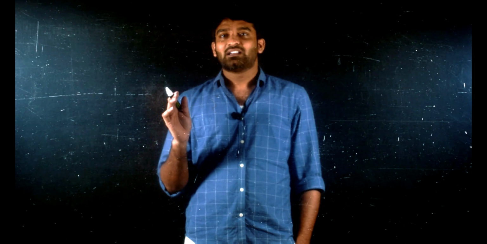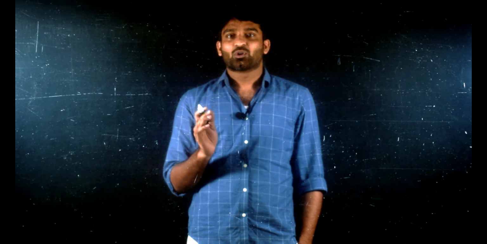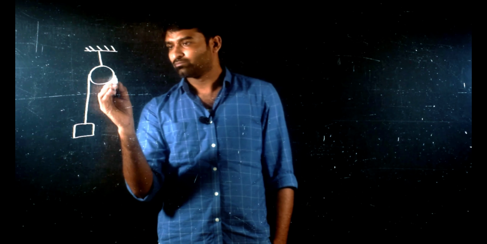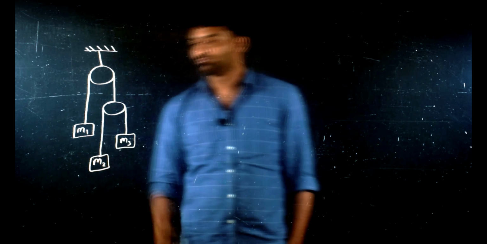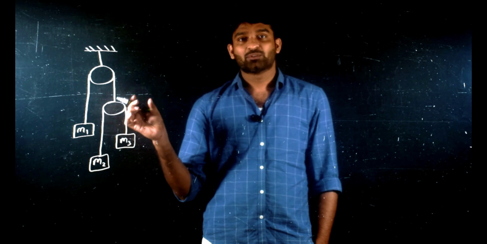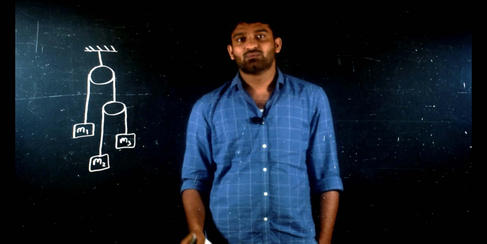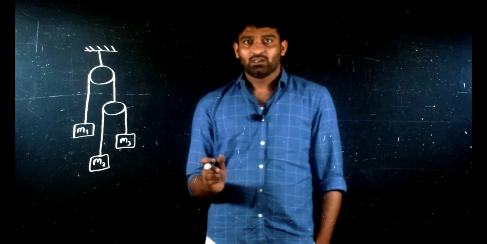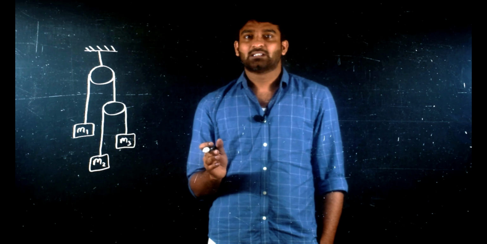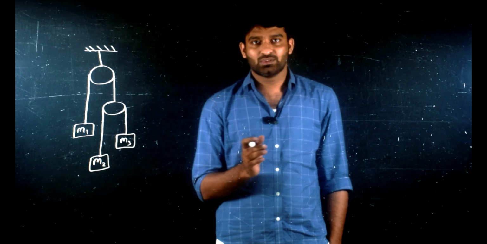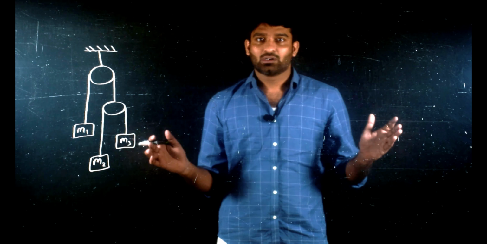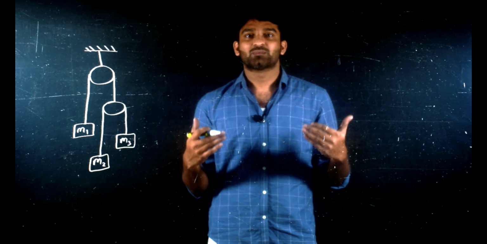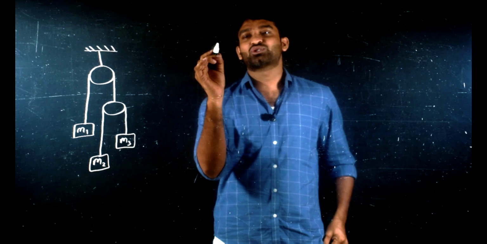For example, I'll take a very basic string pulley problem with a single movable pulley. Here is our example. Because of the presence of a movable pulley, all the three blocks will have different accelerations. To get the relationship between accelerations, we know a traditional method, that is the constraint equation method. But it's quite long and tedious. If you want things done simply, for quicker problem solving, then here is your shortcut.